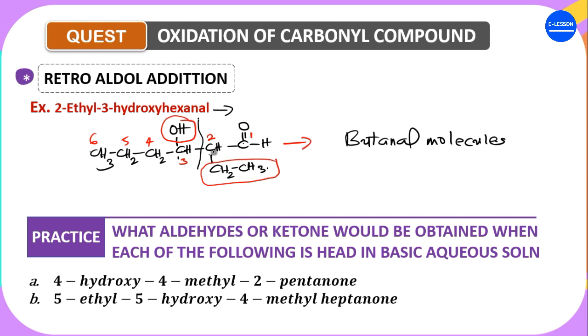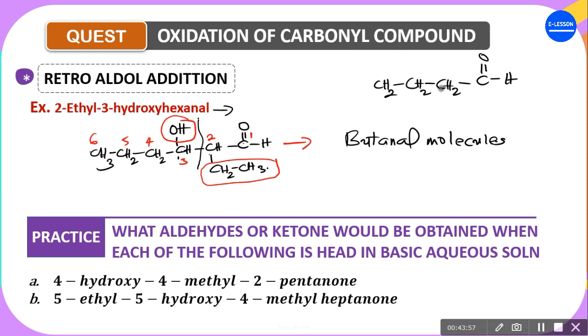The enolate ion is formed by the alpha hydrogen. So if this were the butanal molecule initially, which is H, and then here is CH2, CH2, CH2. Now this is the carbonyl, and then this is the alpha. Now, if we use this alpha to react, it means that every other thing that is attached to